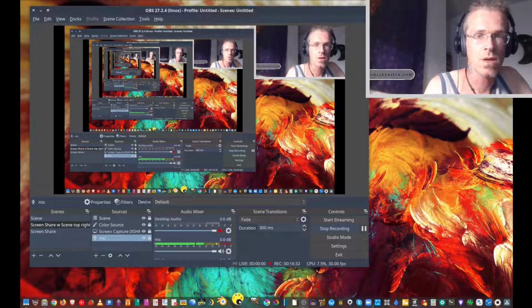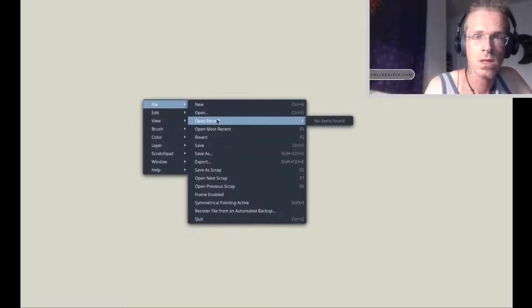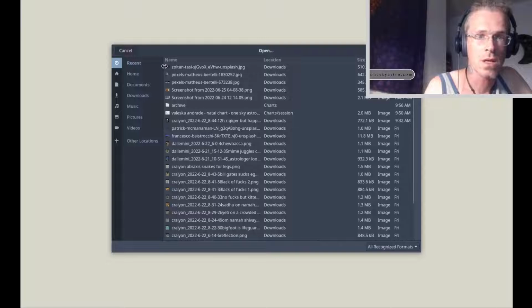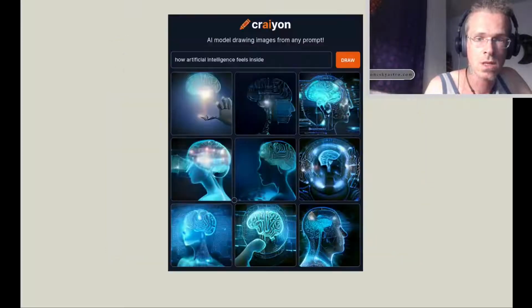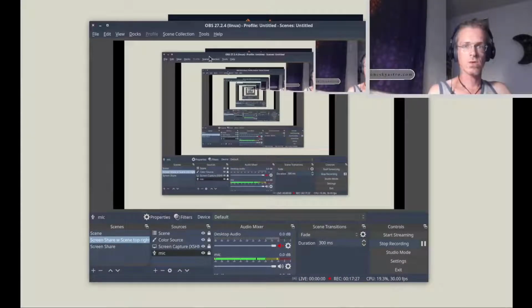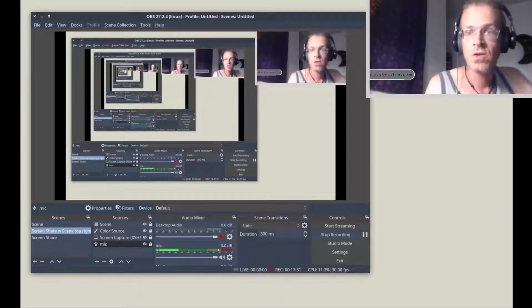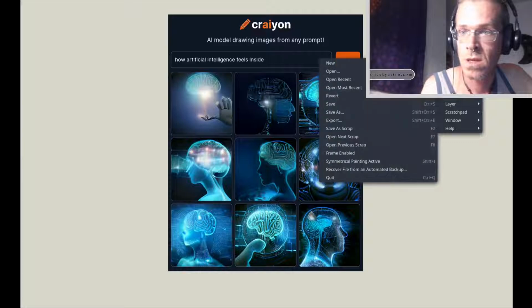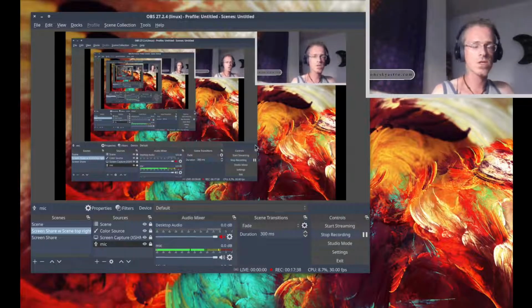If I want to open my paint program here and open, I can open an image. We'll open this. I want to develop a couple of the ideas by showing you some interesting tricks within this whole thing. I want to show you